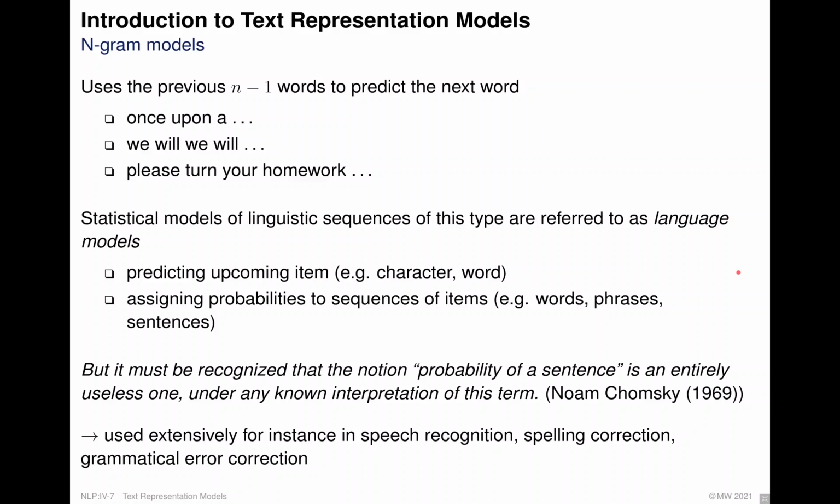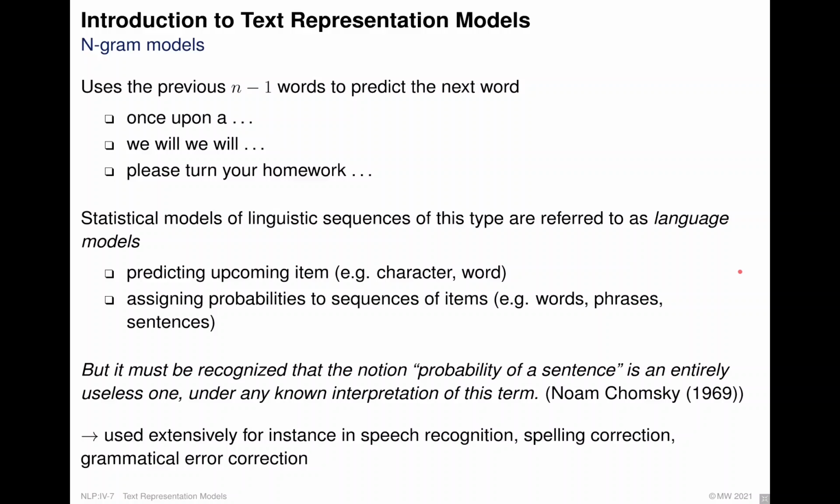Why are they interesting? Why is it interesting to study such models? Why are these models useful in NLP at all? They have many applications. Most of you have already encountered many of them, probably. Predictive typing is one. So predictive typing on cell phones, predicting the next character based on the prefix you've typed,